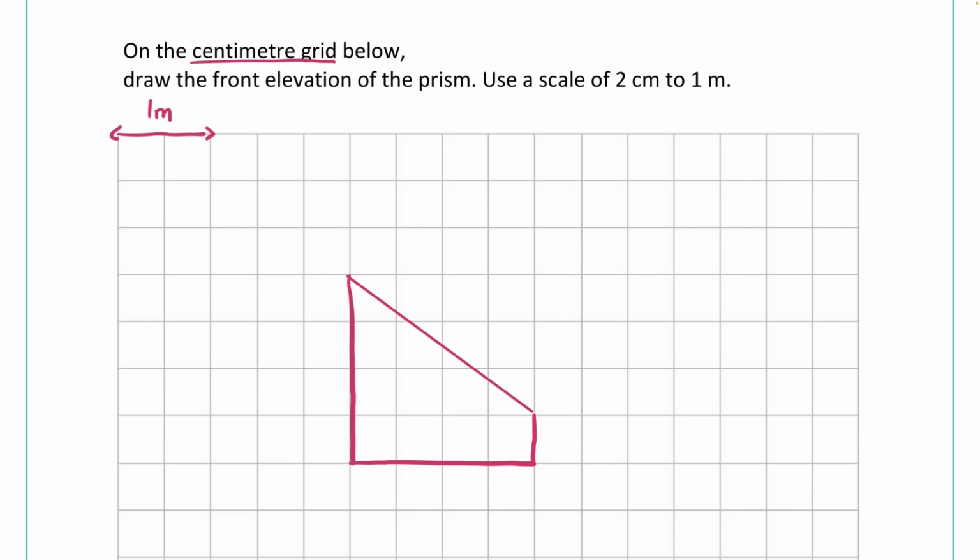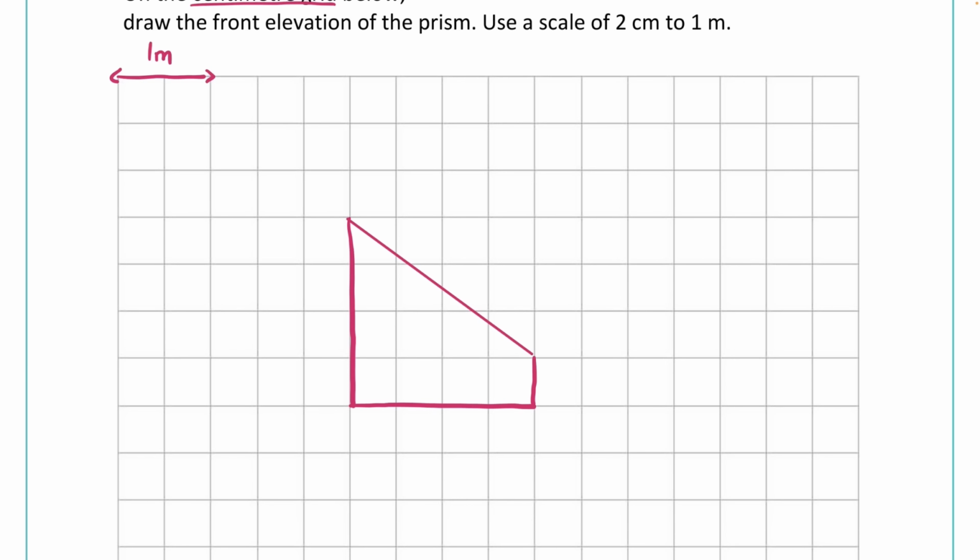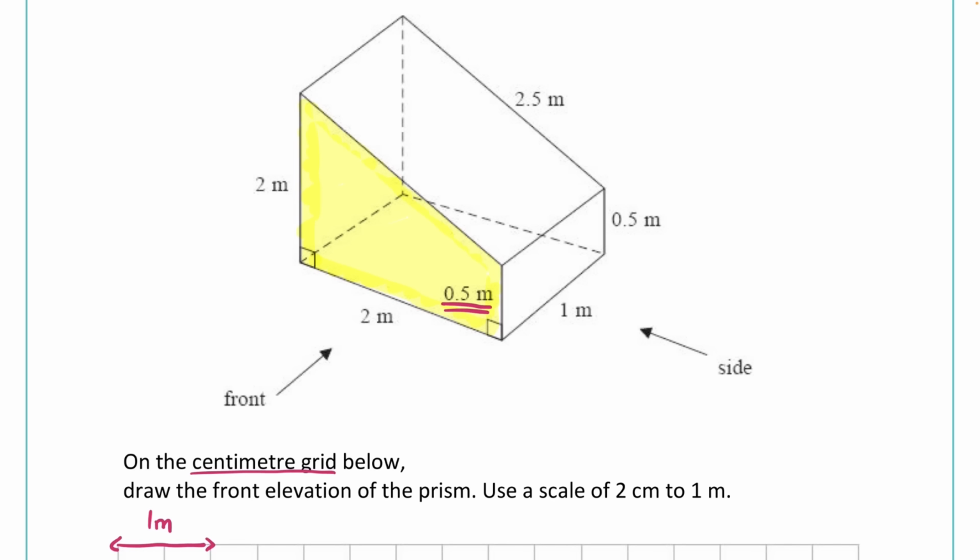So there is our front elevation. Obviously got a lot of space to draw that, but that is the front. Now, because it says 2 centimetres is equal to 1 metre, you could convert all of these on the diagram to start with, dividing by 2. That would give us, we've got 1 metre, timesing that by 2, which gives us 4 centimetres, times 2, which is 4 centimetres, times 2, which is